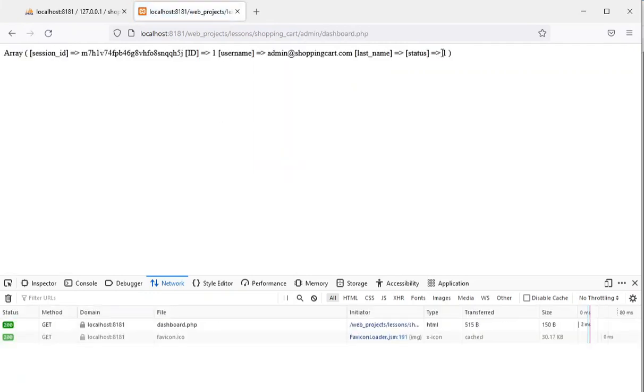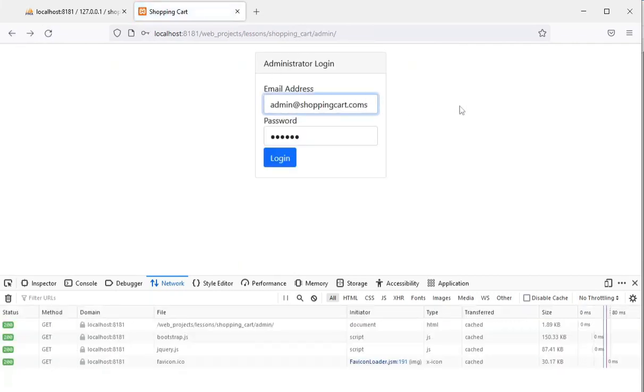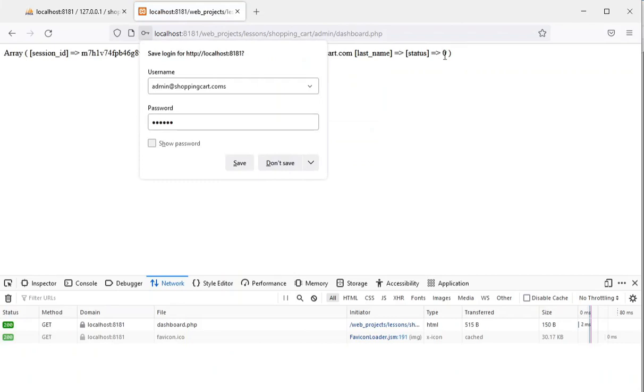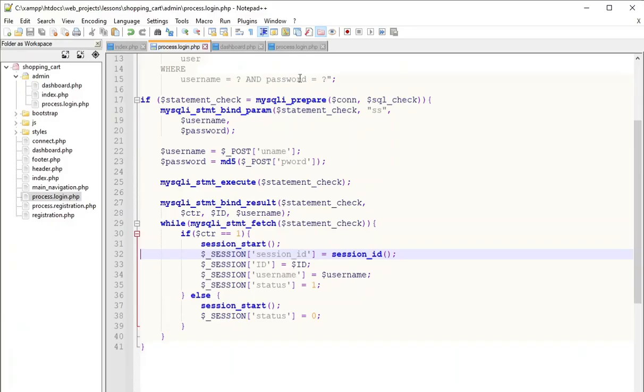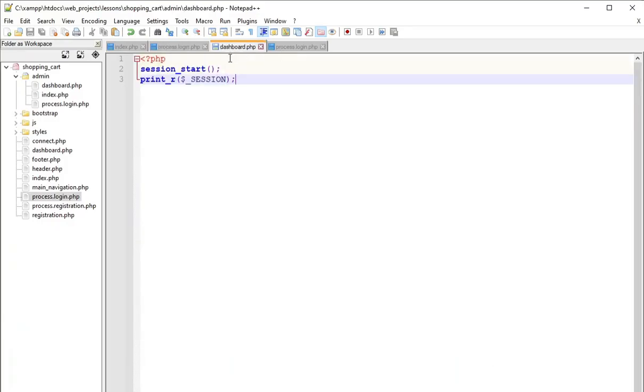Log in. My status is 1. If everything is correct, then my status is 1. But let's say for example, I'm going to do something like that. I'm going to click login. My status is equal to 0. So I'm going to go to my dashboard page. I'm going to turn on my session. Then